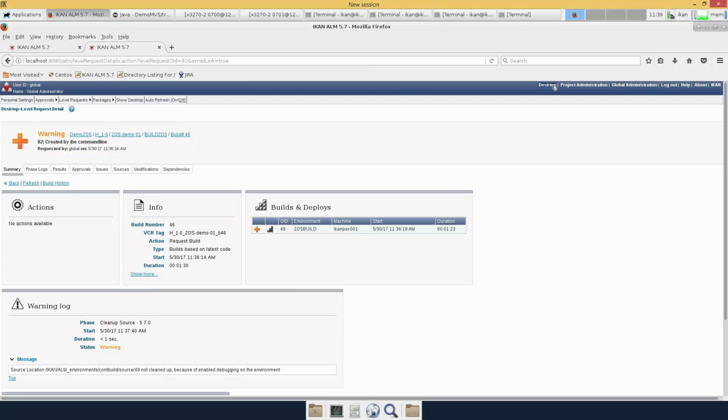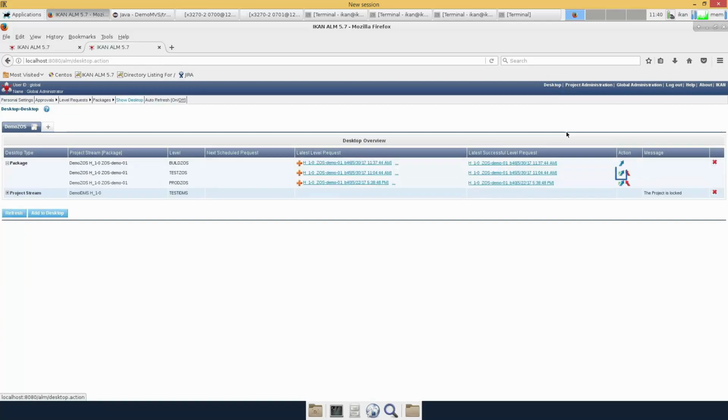The build process is now finished. Next, we want to deploy the code to test. You can start the process from within Eclipse as we did for the build process, or create a level request from within IKAN ALM. On our desktop, we click the appropriate action link,